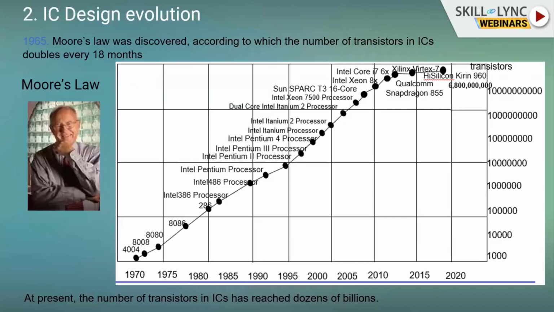In 1970, Intel invented the 4004 processor. Then over the period, now we are in 2020, we can see that the transistor count is in the millions, even billions, for example the Qualcomm Snapdragon chip, then the Apple A14 Bionic, and after that AMD. So all are billion-transistor IC chips. So this kind of technology has evolved over the years. So this is Moore's law.